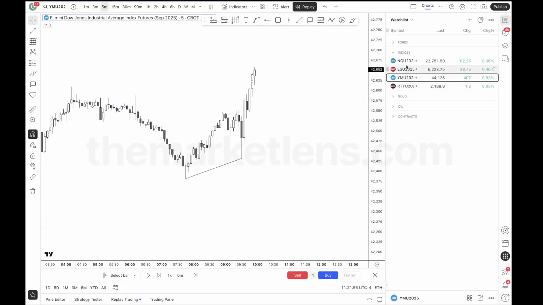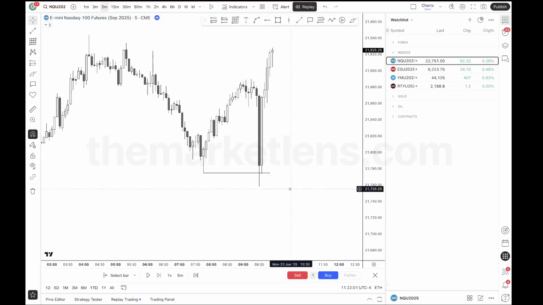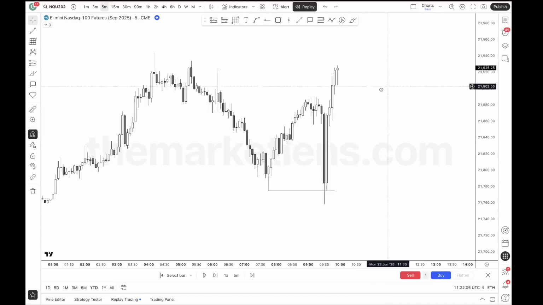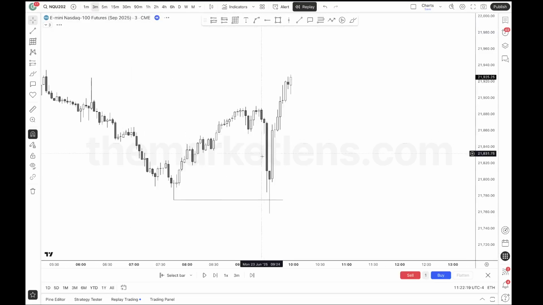So look at NQ when it takes out this low. You do not need strength switch when the asset that sweeps is showing a reversal or a sign of reversal. Remember I told you guys that in order for markets to reverse, ideally you need all assets to actually reverse. So typically you want to focus on the asset that sweeps. Doesn't mean you trade it. You just want to see a reversal signature here, right? So that's what you see here. I don't need to see strength switch, because that's what strength switching is for. It's so the asset that sweeps actually reverses. But if it just reverses, that's perfect, right?